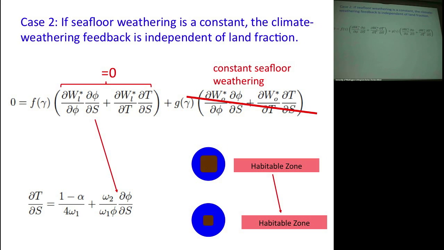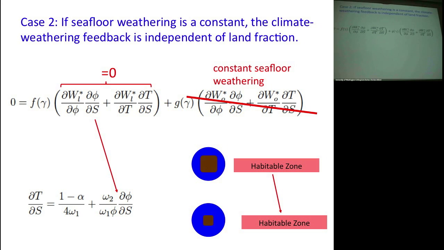The second reason is there's a possibility that seafloor weathering is actually limited by the circulation of ocean water and hydrothermal vents through the basalt. And if that's the case, then it doesn't really care about the CO2 or temperature at all. So there is a physical limit where this is actually correct. We don't know. Currently, people think that that's not the case, but it's possible that that's the case.